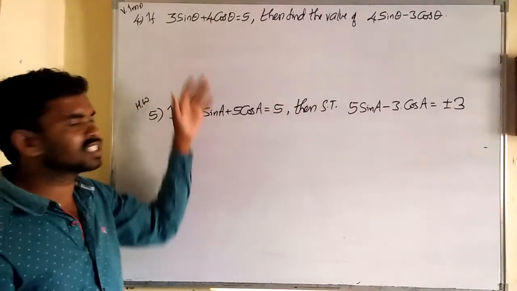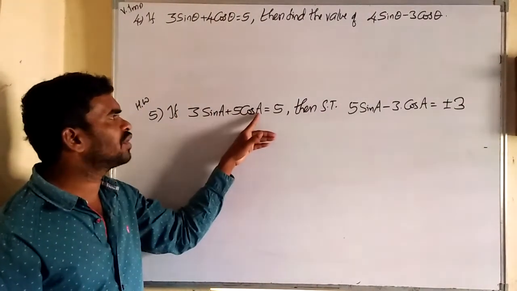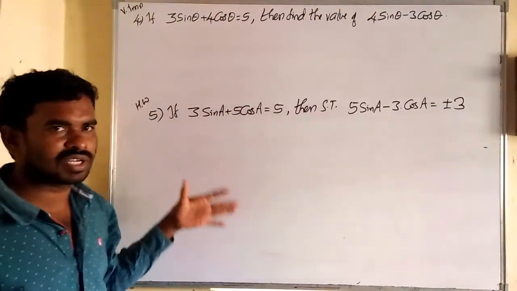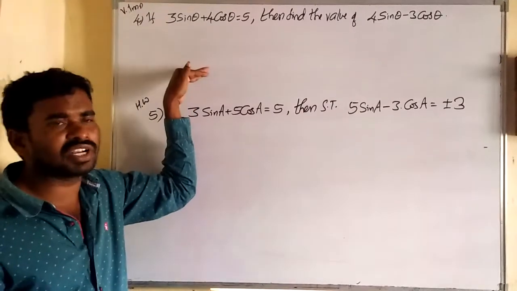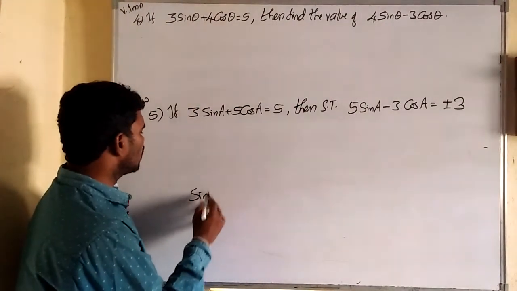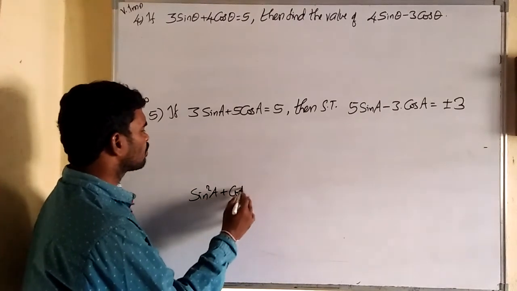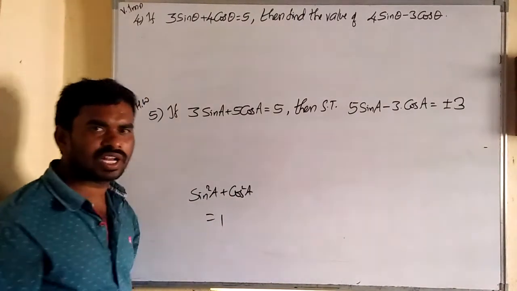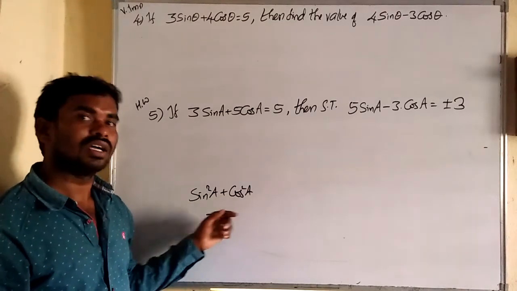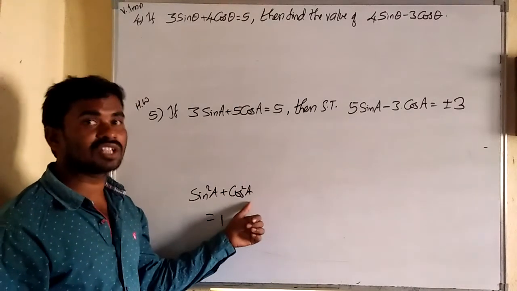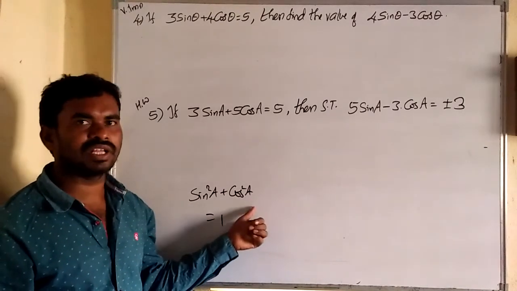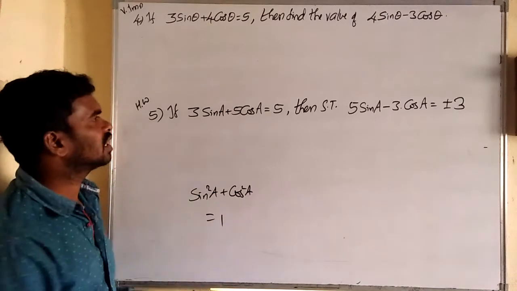Sir, in the previous questions there is theta, and here you gave angle A. How can we do it? Same process. If theta is there, just write theta. If A is there, write A. And applying in between, you will get sin square A plus cos square A, which means 1. An identity holds not only for sin square theta plus cos square theta; sin square A plus cos square A is also an identity, and that is also 1. If there is sin square B plus cos square B, then also you write 1. Like that.